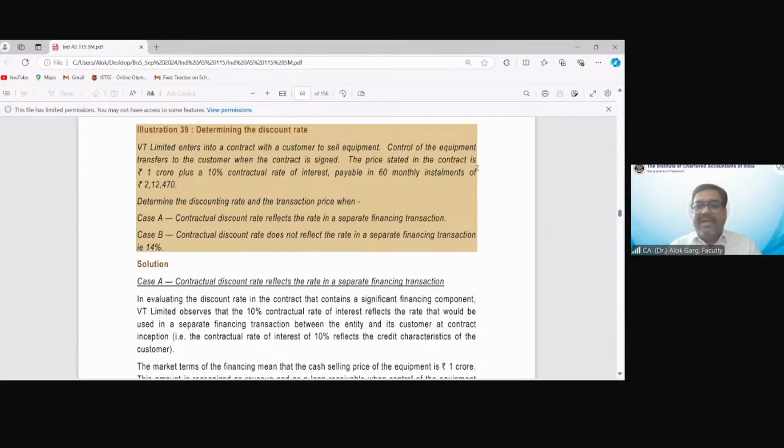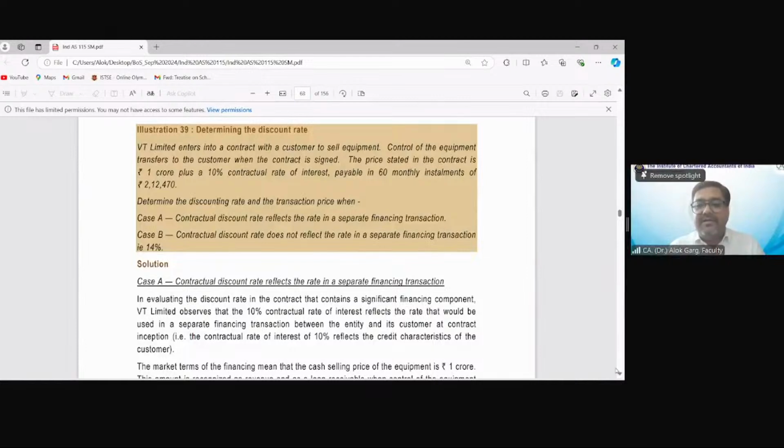The price stated in the contract is 1 crore plus a 10% contractual rate of interest, payable in 60 monthly installments of rupees 2,12,470. So what is the price? It is 1 crore plus a 10% contractual rate of interest, payable in 60 monthly installments. Determine the discounting rate and the transaction price when, case A, the contractual discount rate reflects the rate in